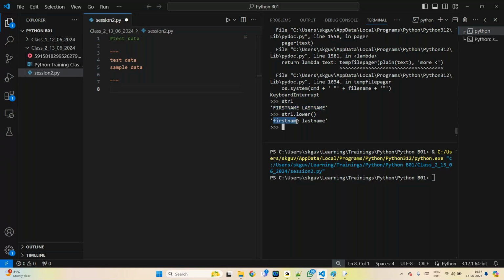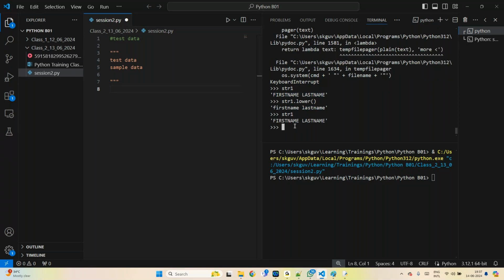So you write like this. But if you print like this, you will get the original string, right? You want to assign it again. So str1 equal to str1 dot